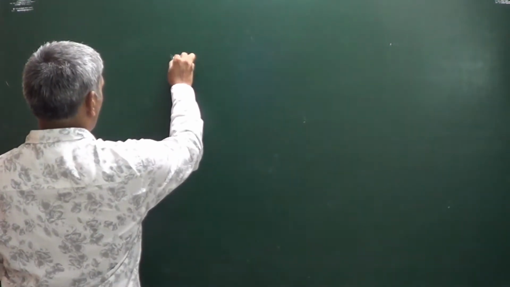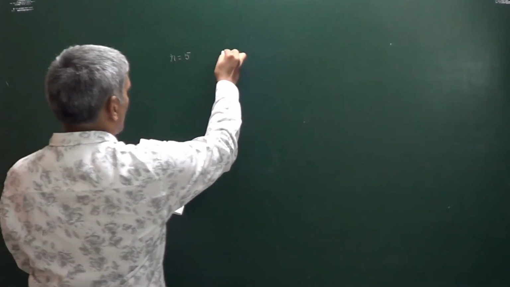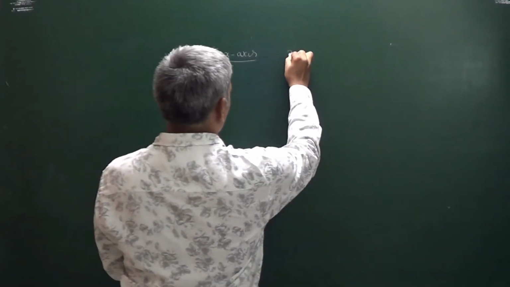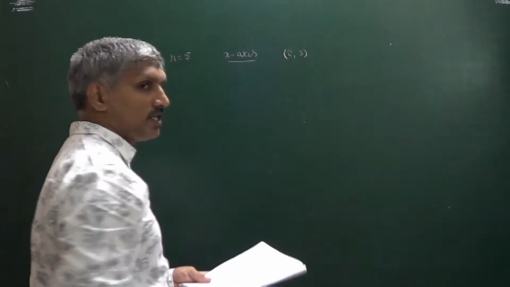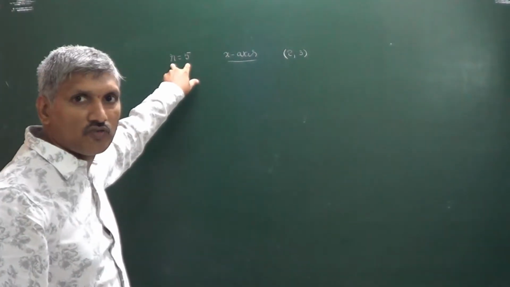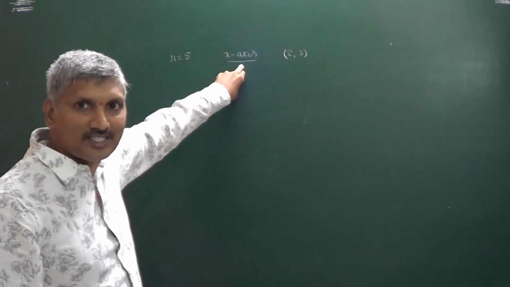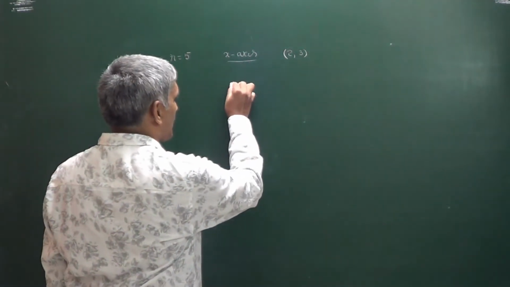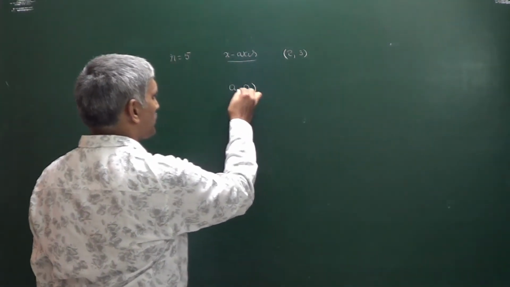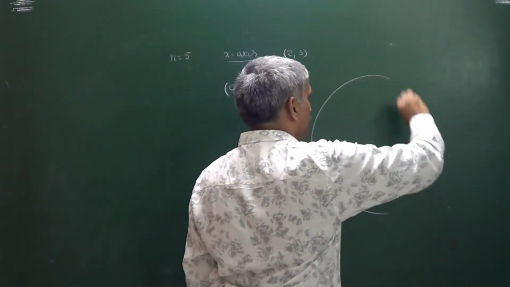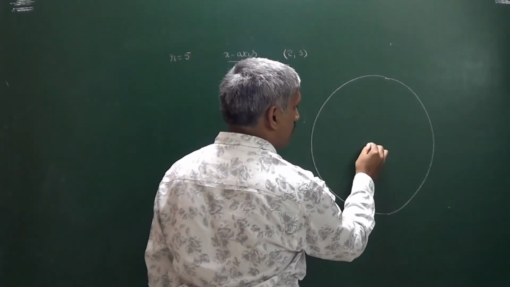So let us see this particular question. They have given R equal to 5, the center lies on the x-axis, and the circle passes through the point (2, 3). He is asking to find the equation of the circle. The center lies on the x-axis, which means any point on the x-axis is of the form (a, 0). Because this circle's center is on the x-axis,